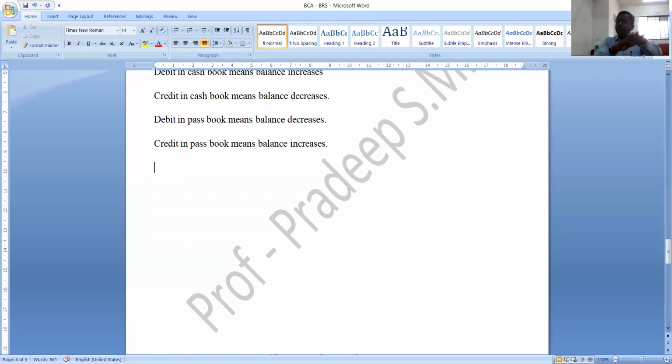See here, your target is passbook balance. So you should adjust your cash book balance in accordance with the passbook balance. If only cash book balance is increased, reduce it. If only cash book balance is decreased, increase it. If only passbook balance is increased, increase cash book balance also. If only passbook balance is decreased, reduce cash book balance also. You will get passbook balance. This is the logic you should follow at the time of solving problems on bank reconciliation statement.